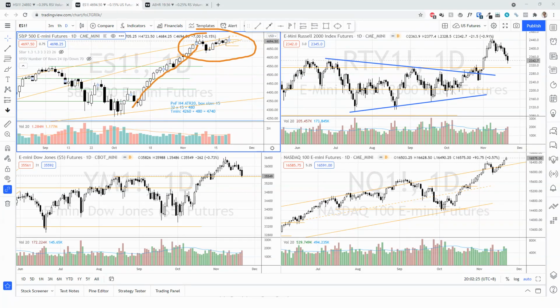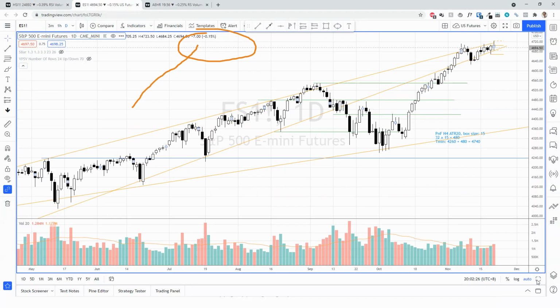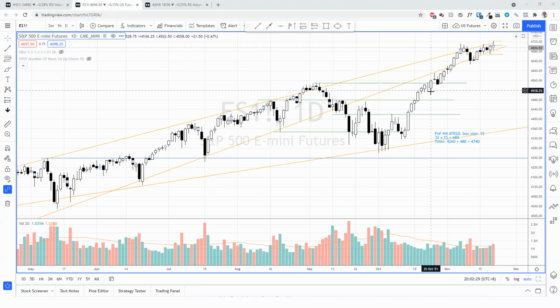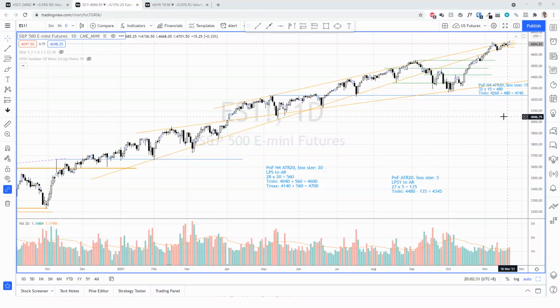Let me zoom in and focus on the S&P 500. If you can tell from this chart, it's a very straight up trend and it's very clean as well. We have higher highs and higher lows, but do pay attention to this. As of now, it's still currently overbought and kind of overthrown of this up channel, or at least the supply line, or the overbought line.